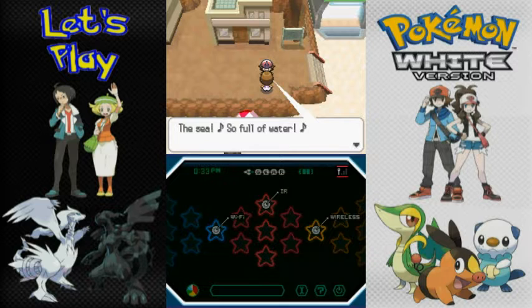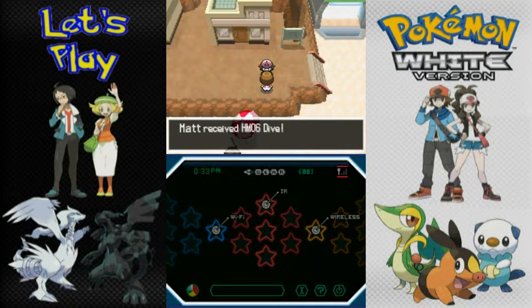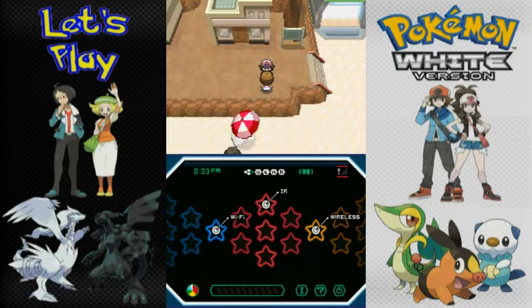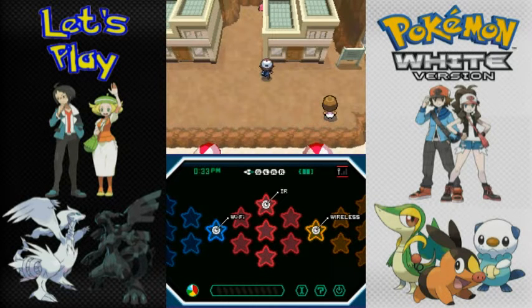And also, if you talk to this lady here, she will give you a special item that you will need. Well, you don't really need it, but it's nice to have. We got HM 08 Dive. This is an HM that was introduced in Gen 3, that was only used in Gen 3. Anyways, what it does is, when you're surfing in water, if there's dark patches of water, you can